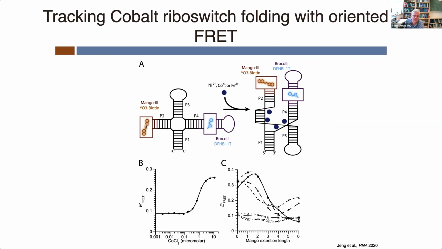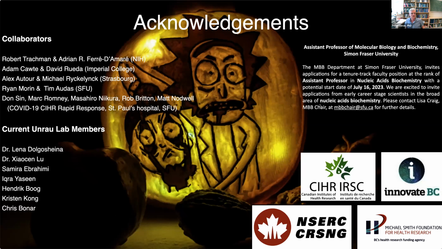And then as we change the position in these helical elements, we again see these very nice oscillations that we have yet to fully model, reflective of the exact angle between the P2 and the P4 helices in the rigid structure. Here's the 0 cobalt data, which is just showing this minimal FRET signal for multiple constructs. I think there's at least 20 constructs that we had here, but very, very easy experiments to measure these FRET values.